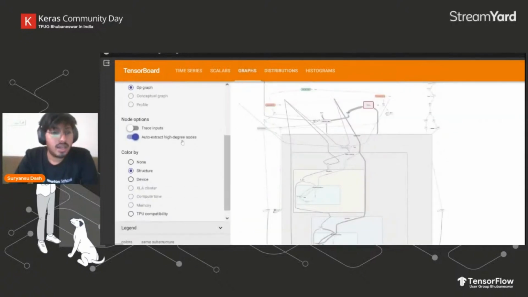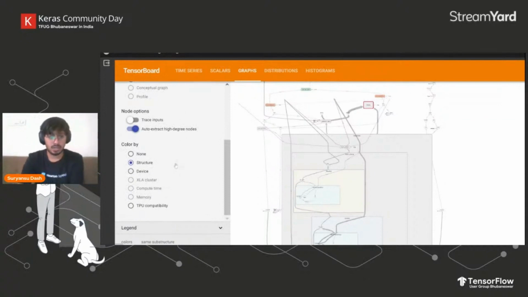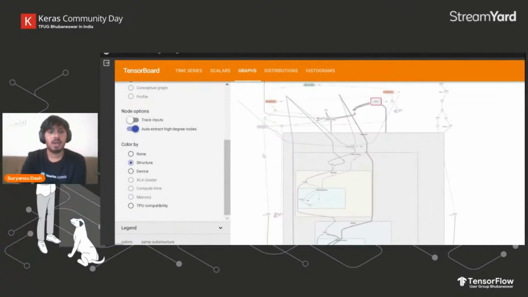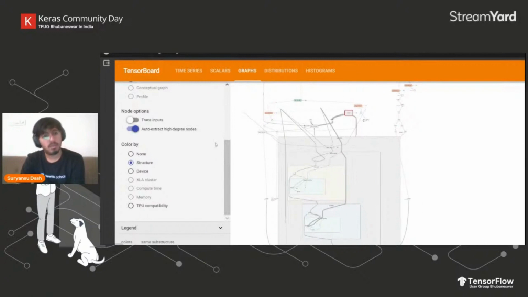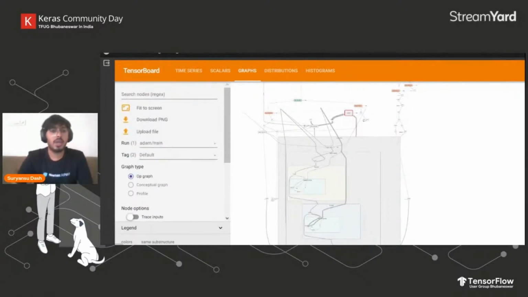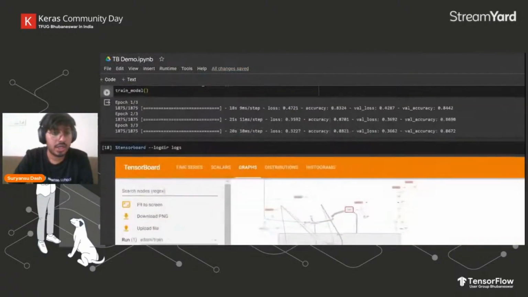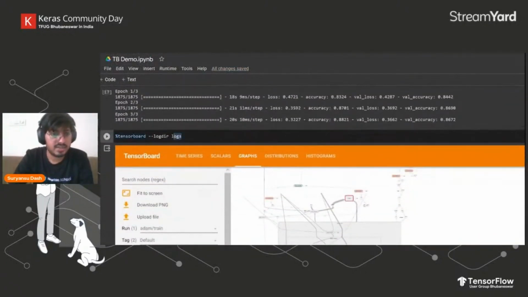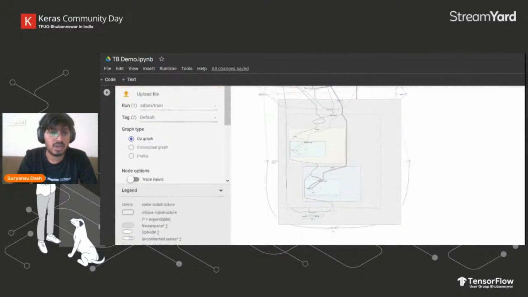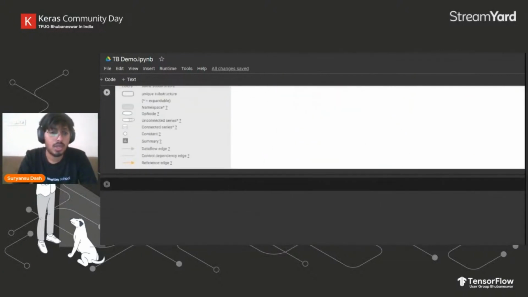Again, there are some features which you can use in your Colab. There are some features which are not available for Colab, for which you have to use the Jupyter notebook. In Jupyter also, the process is the same. Once you have trained the model, after that you just write this command in your command prompt, and that will open up TensorBoard in your port. Let's say if you want to open it at port 6006, which is the default port for TensorBoard, you just have to write this